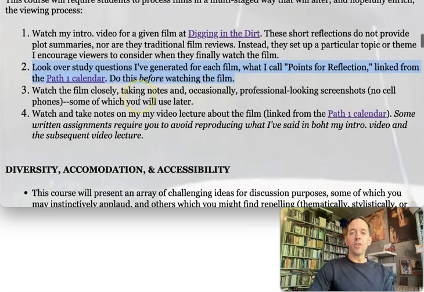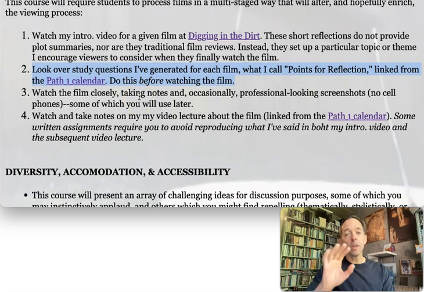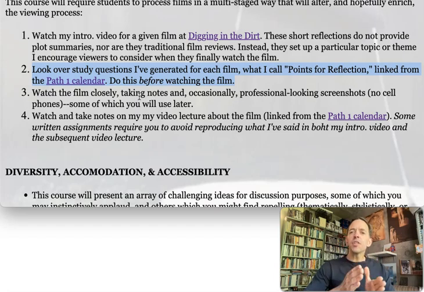I also want you, before you watch the film, to look at the study questions that I've generated. Now, this is going to alter the way you look at a film, because you're going to know character names and you'll know some things to look for. I do try very hard not to give away major plot points to avoid spoilers. But this will give you an idea of what kinds of things I would encourage you to be looking for as you're watching the film, so you can watch it critically, since we are not having the opportunity to discuss the film in class as I normally would with students, as I just did last quarter, in fact.